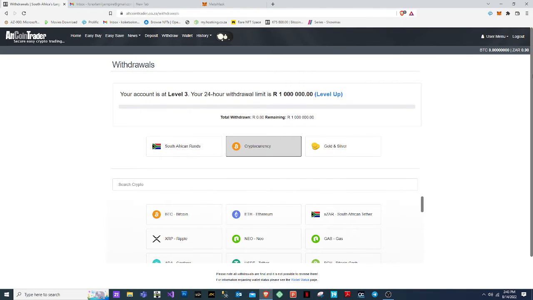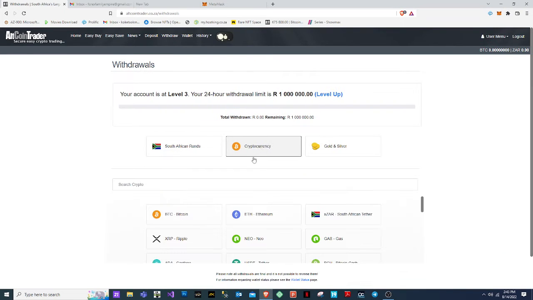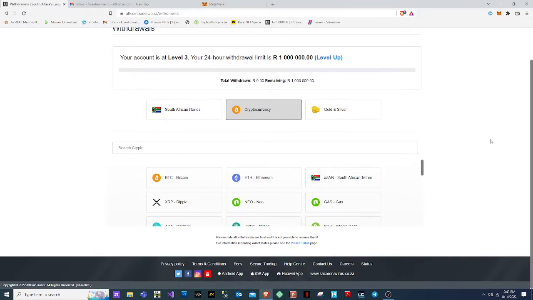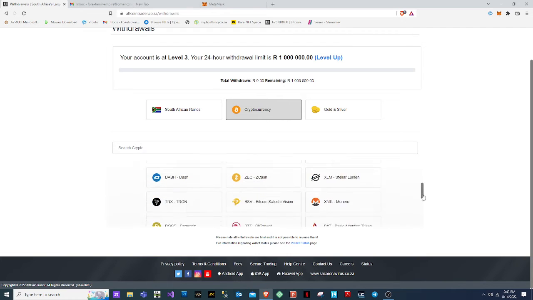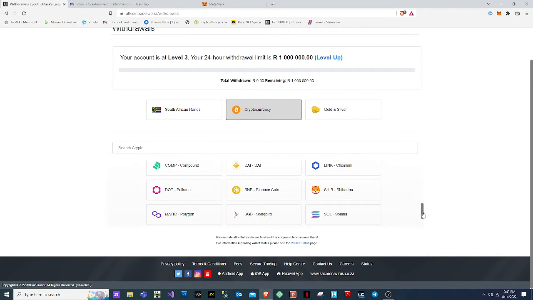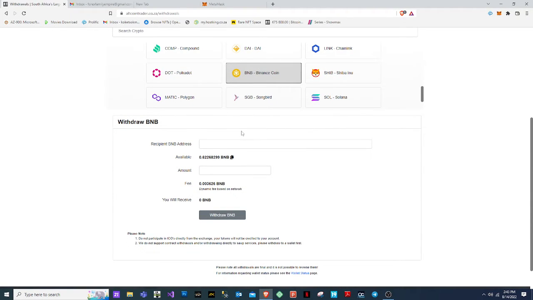Right. So basically from there, you say you're going to withdraw cryptocurrencies. Once you click on withdrawing cryptocurrencies, it will show you all the cryptocurrencies that are on Altcoin Trader. Which one do you want to withdraw? As we mentioned, we want to withdraw BNB, which is Binance Coin. Click on Binance Coin, and then here it will ask you where you want to